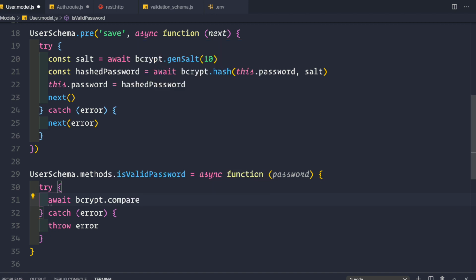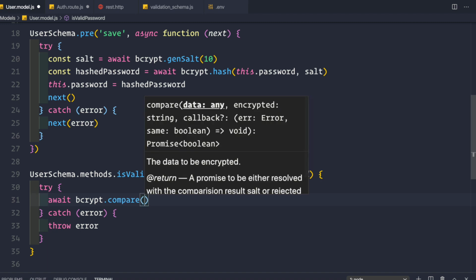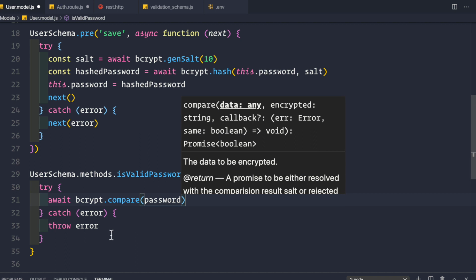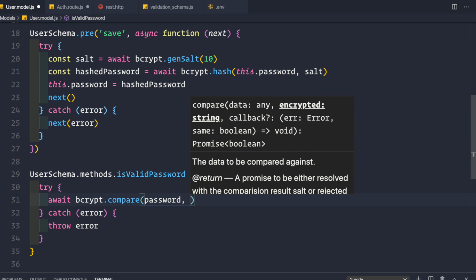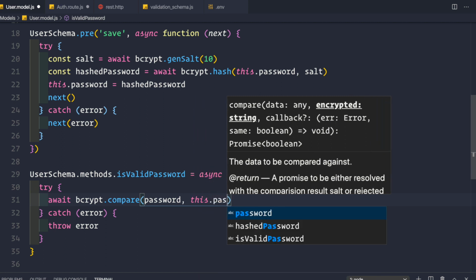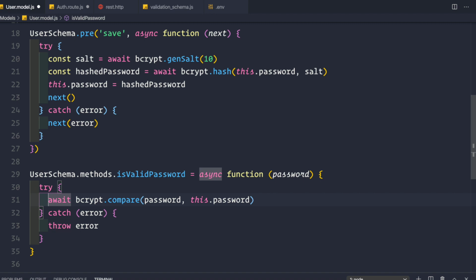What we want to compare is the incoming password passed here as an argument, and then the second password to compare against would be this.password. Now we can simply return this, because it returns a boolean, whether the password matched or not.